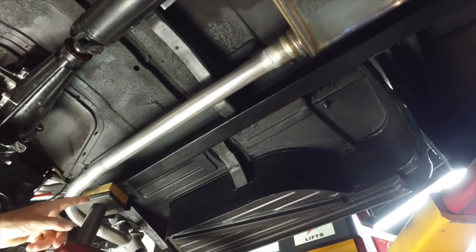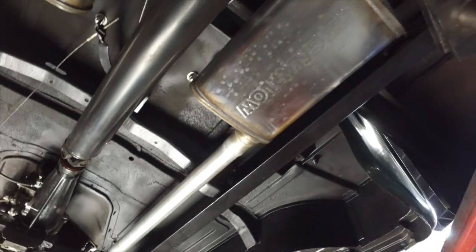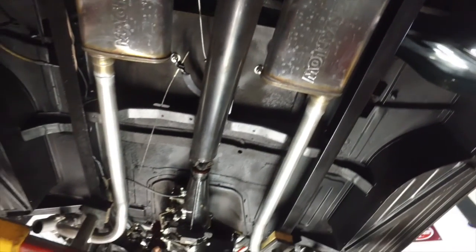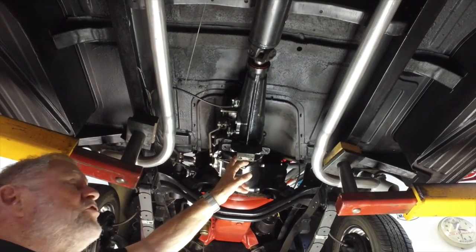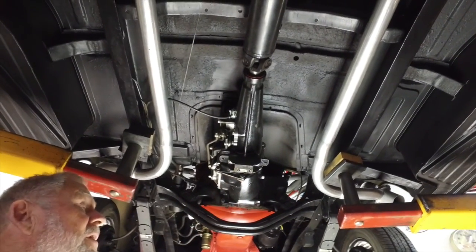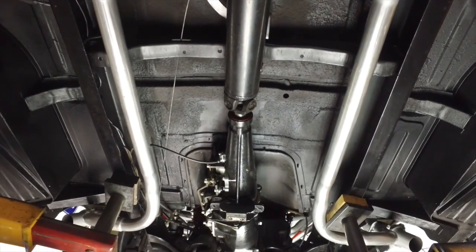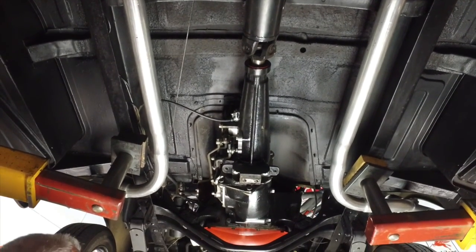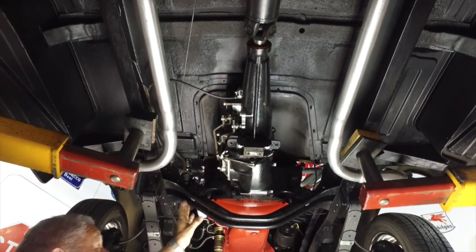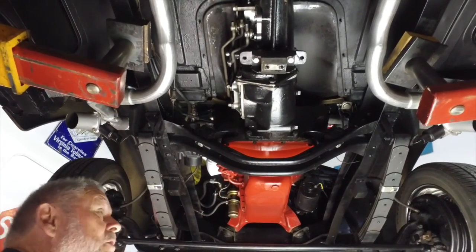The step wells there are good. This frame, of course, is all good and solid. Transmission is a 4-speed transmission out of like a Mustang, so it shifts modern. It feels good. You don't have the compound low, and this is a synchro transmission, so it just works really well. And of course, this is the back strut here where the engine's mounted, and this is the original